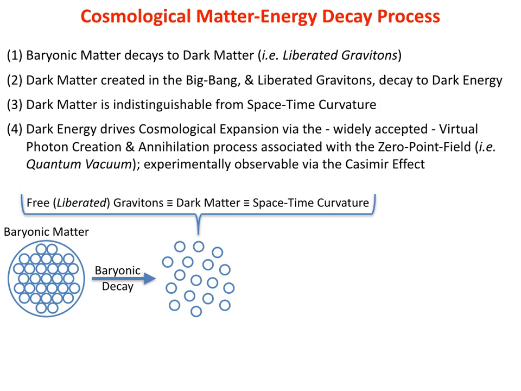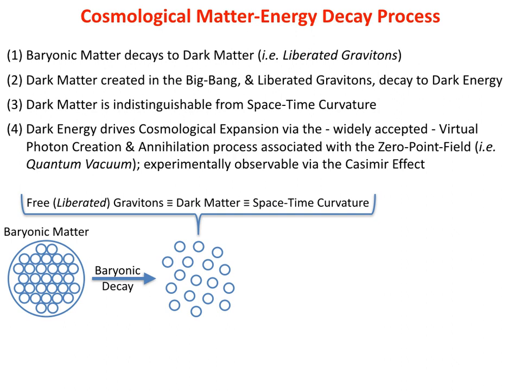At the instant of the Big Bang, baryonic matter starts decaying to dark matter. This means that the gravitons bound in baryonic matter are ejected, that is, liberated, at a constant rate. Upon liberation, they are immediately classified as dark matter. As already mentioned, dark matter is identical to space-time curvature. The function of baryonic decay is to provide the required energy to sustain the space-time curvature of the manifold surrounding